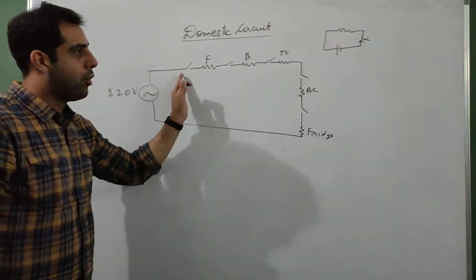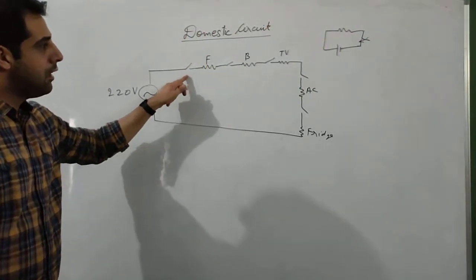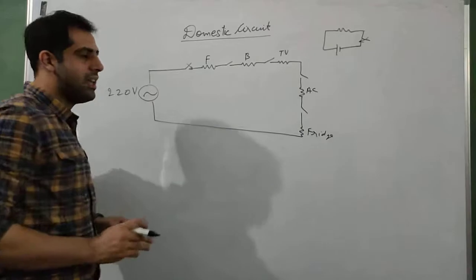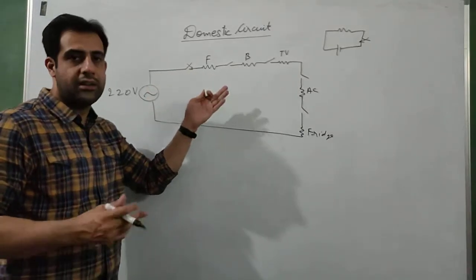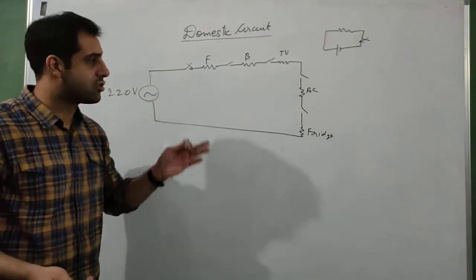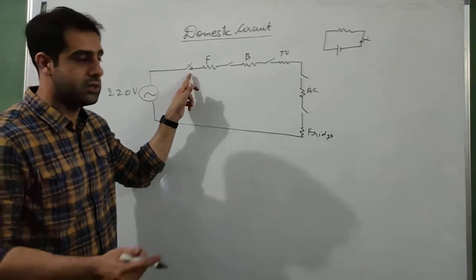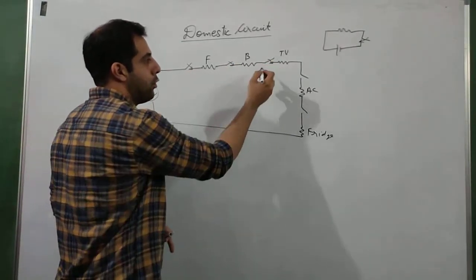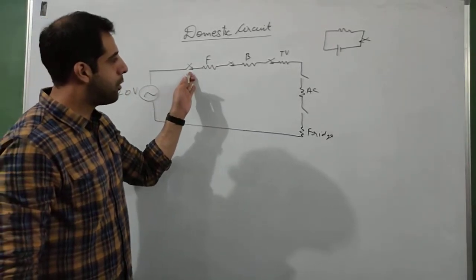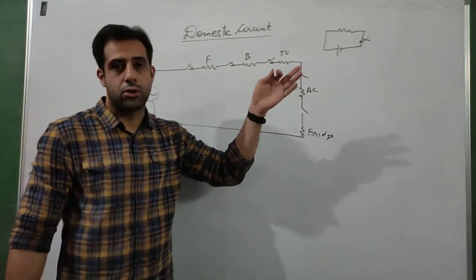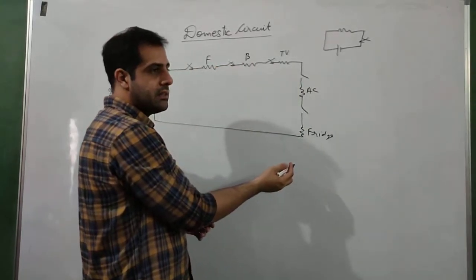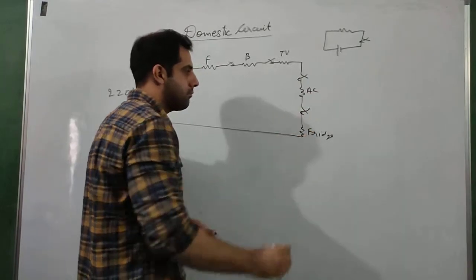So here, if we want the current to flow, we have to close each one of the switches. If I close this switch and I think that now the fan can receive current from here, that will not happen because the circuit is broken from many places. It is an open circuit, so the current will not flow even if you close this one switch. Even if you close 3 switches but 2 are open, still the current is not going to flow. So whether you keep them on or off, the fan, bulb, TV are not going to work. That means to operate any of the appliances, we have to close all the switches.